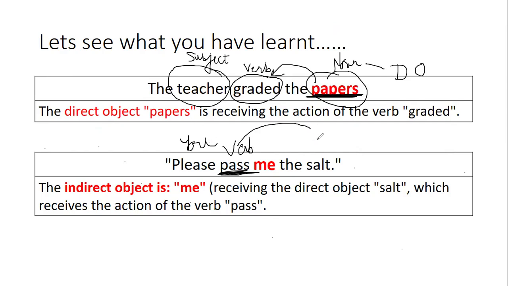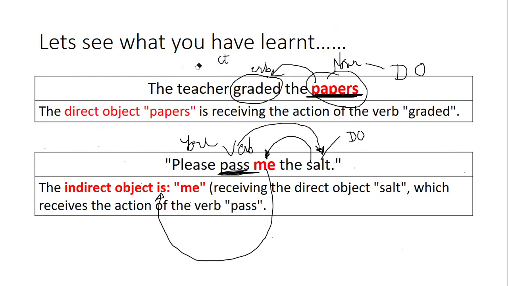We have to pass the salt. So salt is our direct object. And to whom do we have to pass the salt? We have to pass it to me. So me is our indirect object. The indirect object me is receiving the direct object salt, which receives the action of the verb pass. Very, very easy